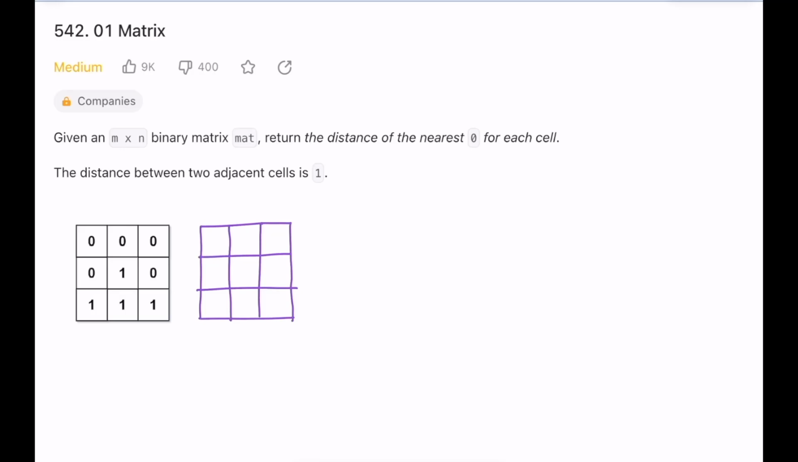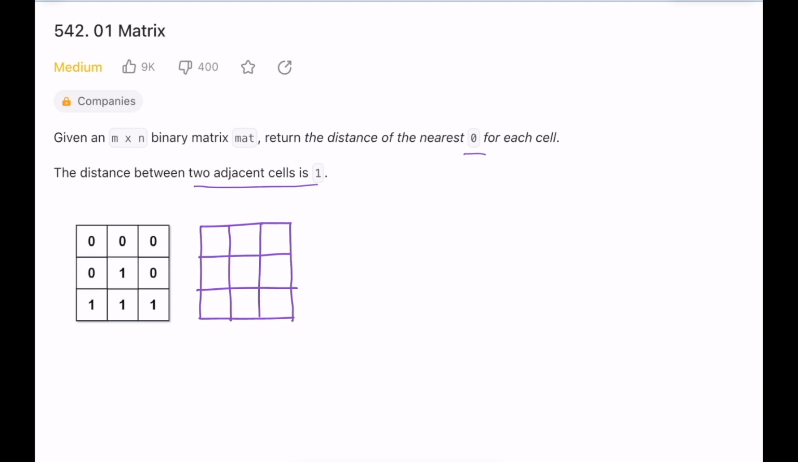Today we are solving the 0, 1 matrix problem. Given an M cross N binary matrix, return the distance to the nearest 0 for each cell. They also mention the distance between two adjacent cells is 1. So in this example, in order to find the distance of the nearest 0 for each cell, we only process non-zero